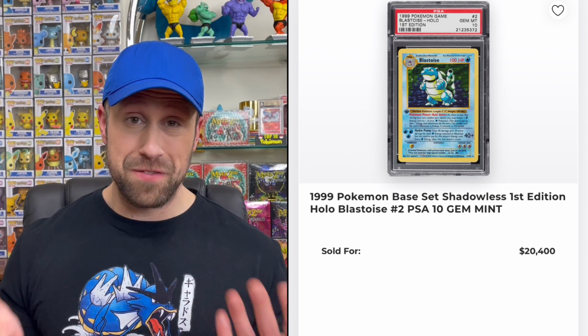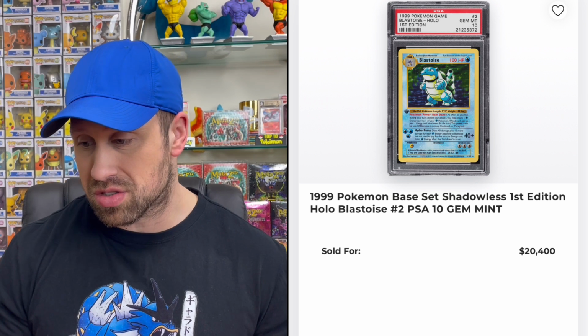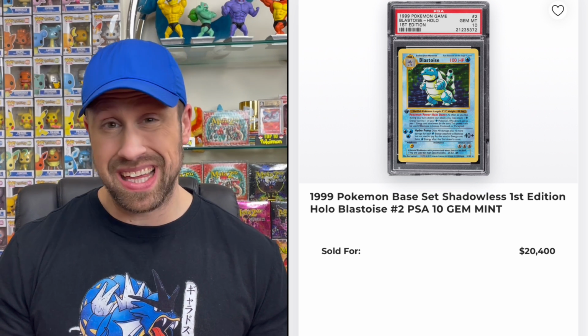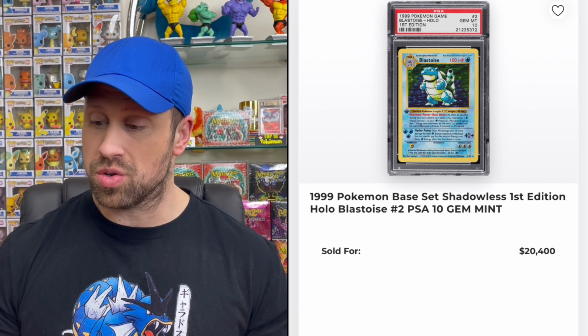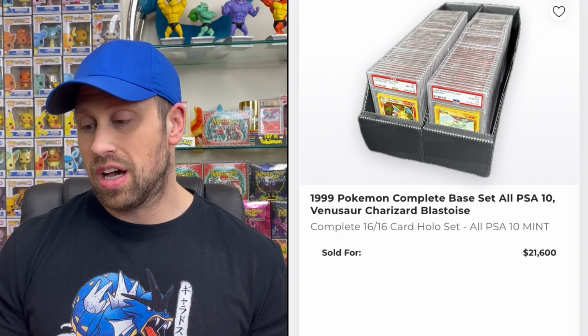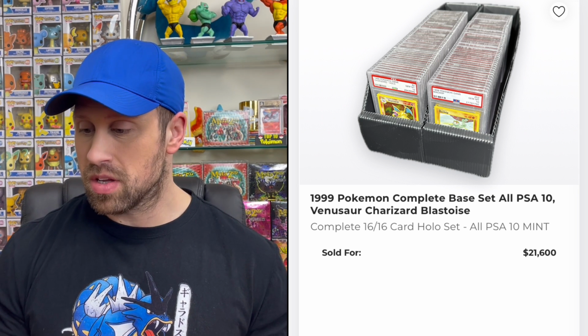$59,780. And we're going to finish off this recap with the PWCC monthly premiere auctions. Quite a bit of gold came by. Here's a first edition PSA 10 base set Blastoise sold for $20,400. Here is the complete base set unlimited collection, all graded PSA 10, all 202 cards, sold for